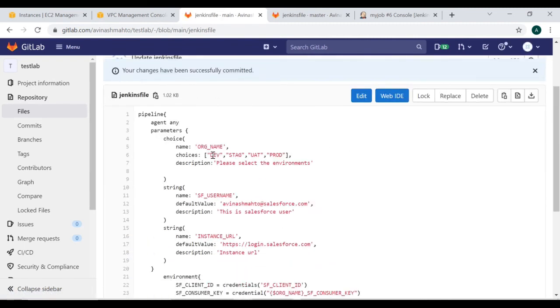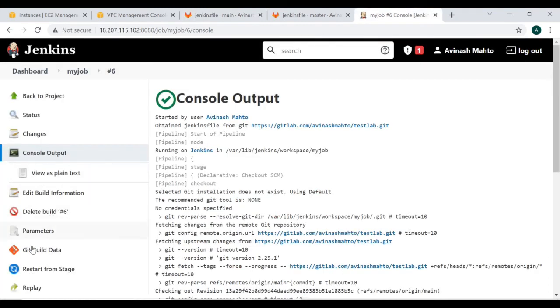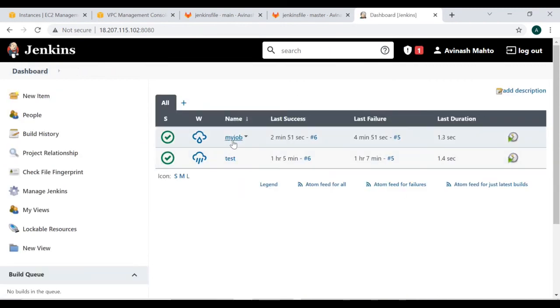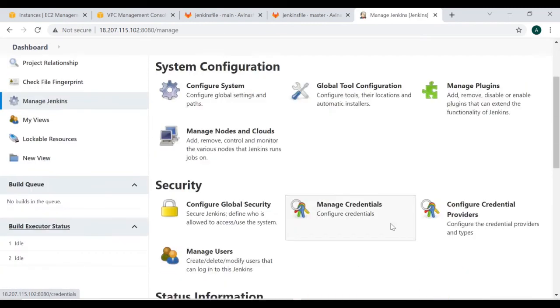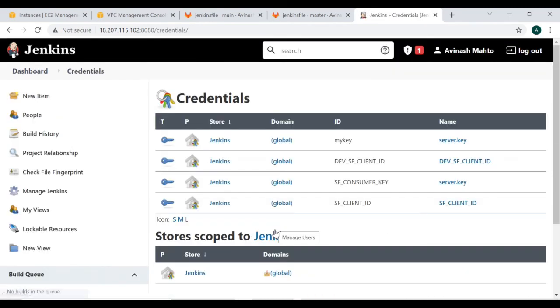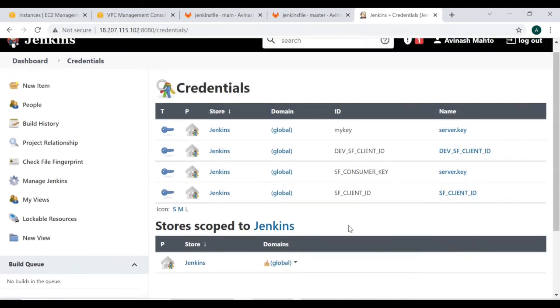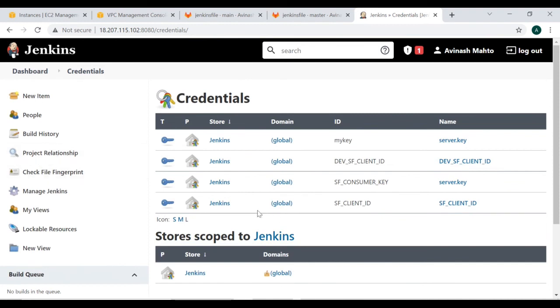Now let's suppose that for each environment you have different credential sections. So under the credential sections, go to Manage Jenkins, Manage Credentials, and let's suppose you need to define a consumer key for Dev.